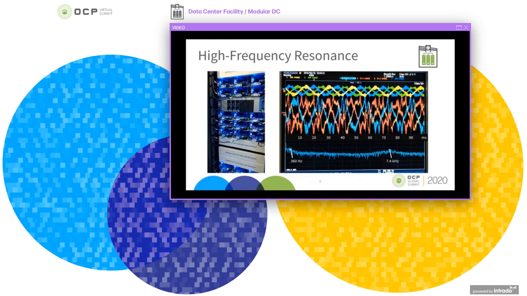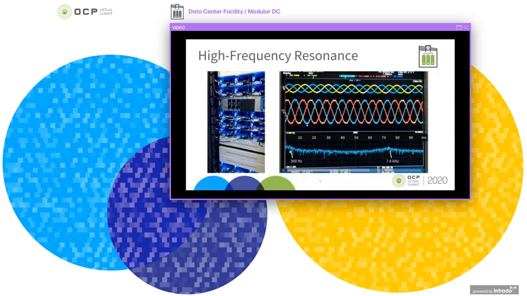Here is another instability case. This slide shows some high frequency distortion that we observe in a data center. These are some videos. The one on the left shows the power supplies in a rack suffering from harmonic resonance. There is not much you can see there, but when we connect an oscilloscope to the power input of this rack, we obtain the voltages and currents on the video on the right.